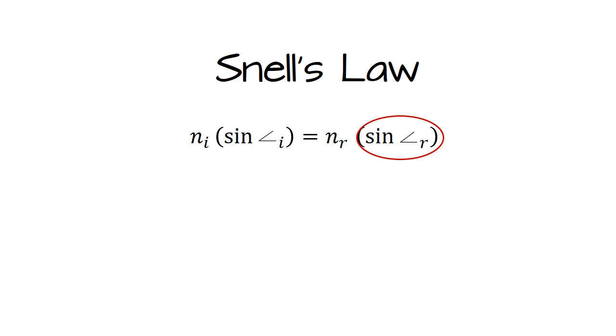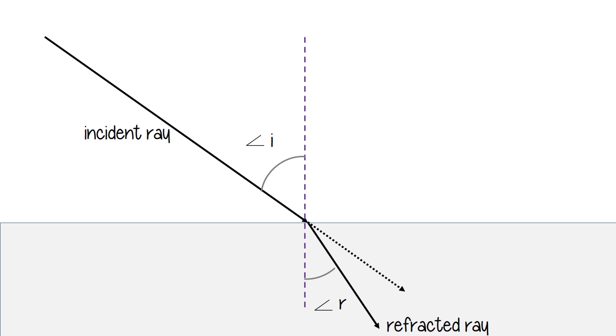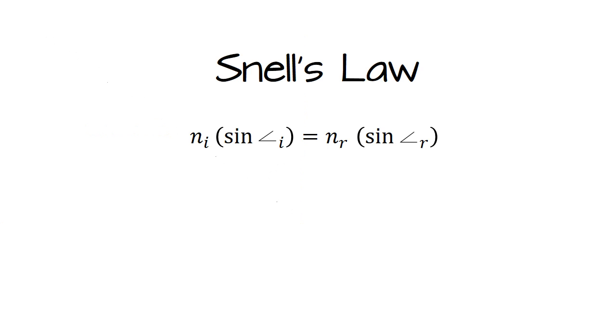And angle R in our equation is the angle formed between the normal that we drew and the refracted ray. The normal that we drew and the refracted ray. Okay, now we understand everything in this formula for Snell's law. I'm going to do another video to show you how to use this formula and how to find the refractive index. But one more thing before I end this video,